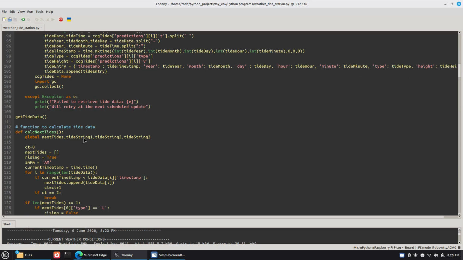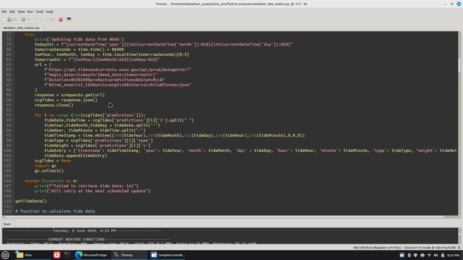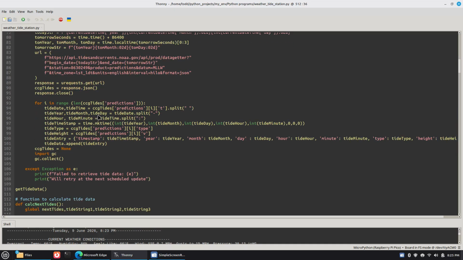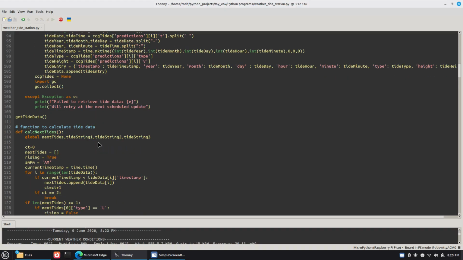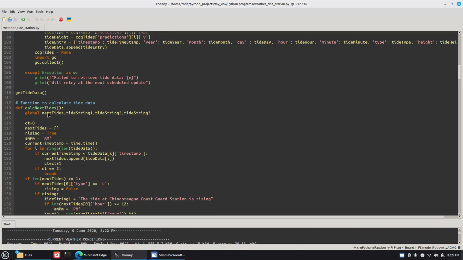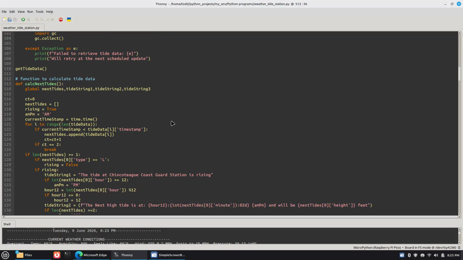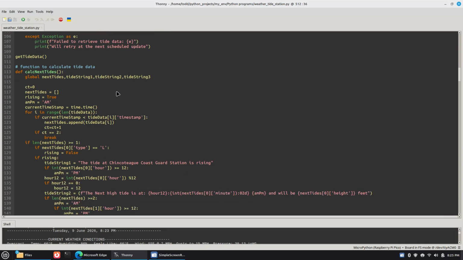So there's just a lot of functions. Then that was get tide data, and again it calls it once, first time on startup. The next function is calculating the next tides, where it takes that tide data,